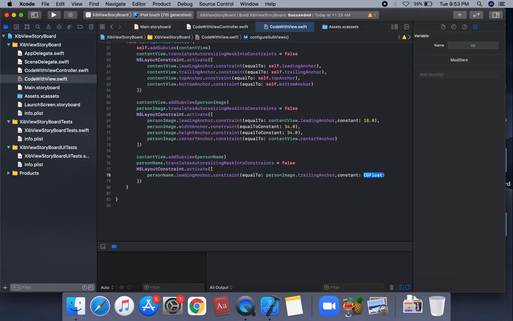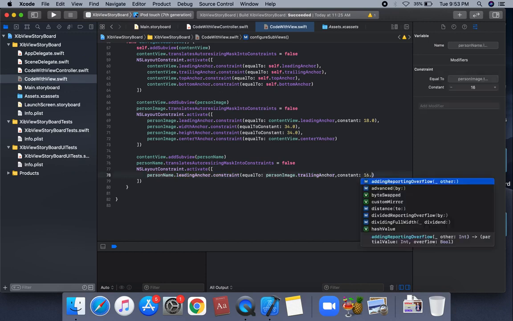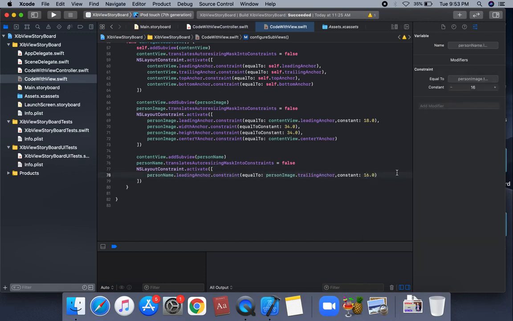We're going to apply this constant 16.0 on the personName leading anchor, and we will apply the top and bottom.